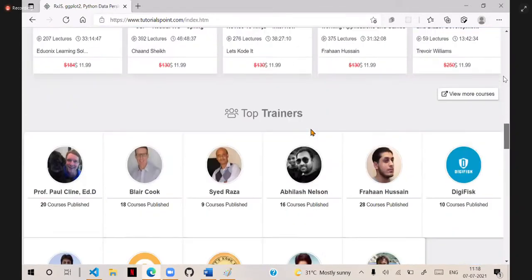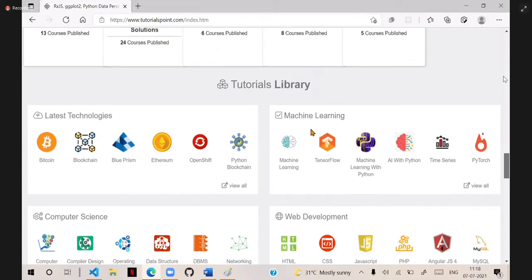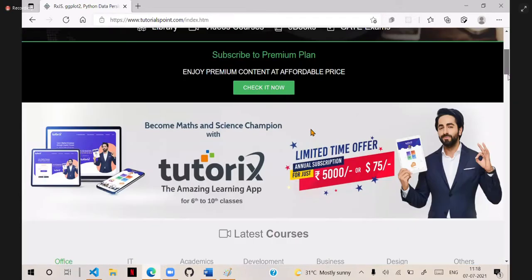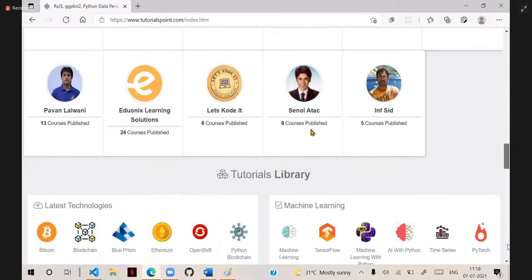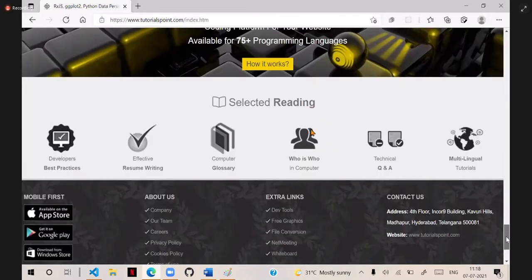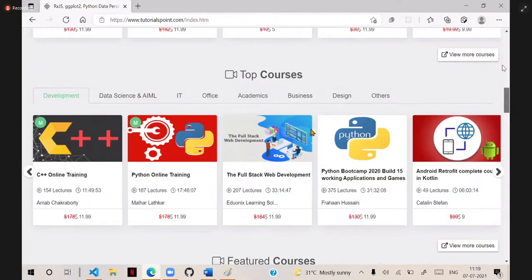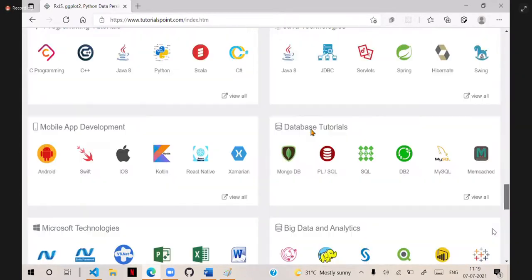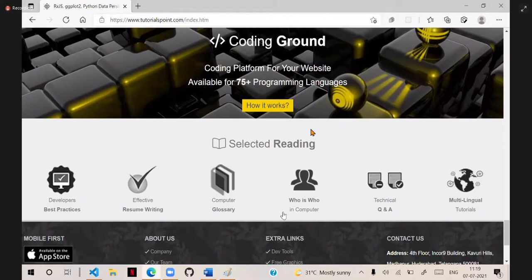Now tell me, is this the same screen for everyone who opens this website? Yes. That means for everyone, it will be the same. So this is a static page.